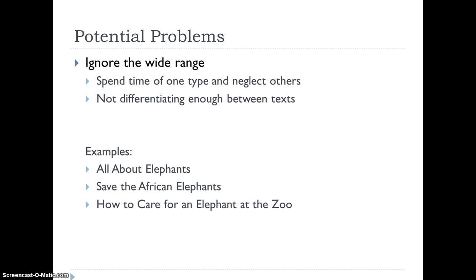It's very easy to think, oh, we have informational text, they're all this one category, they're all the same, but they're not. So as teachers, we need to understand that informational text is a very broad and large category and that we need to see differentiation within that. So as teachers, we need to focus on how these texts are different for our readers so that they can comprehend them better. Also, we need to, as teachers, acknowledge that there's this diversity and we need to spend time